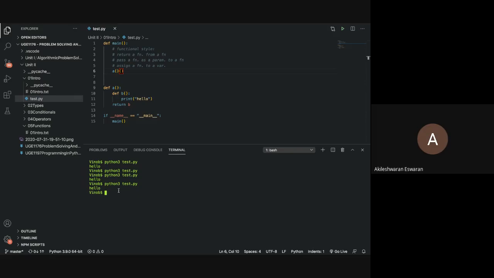Sir, if there are two functions inside A, how can we determine which one is getting called? If there are two functions, from top to bottom, this is the first function. If there's another function C inside A, then how do we call B or C? The first call will be B and the second call will be C. Sir, so both will get called.